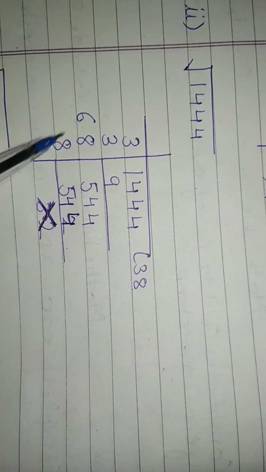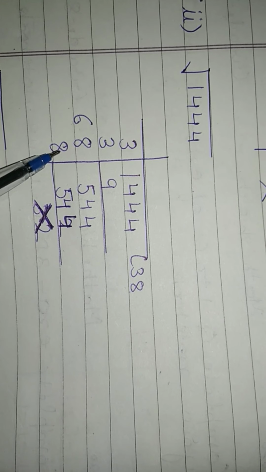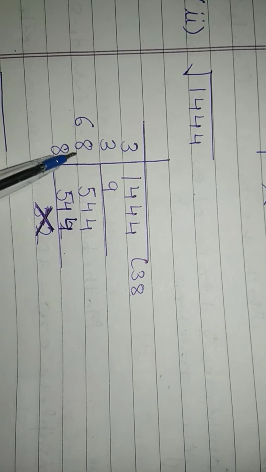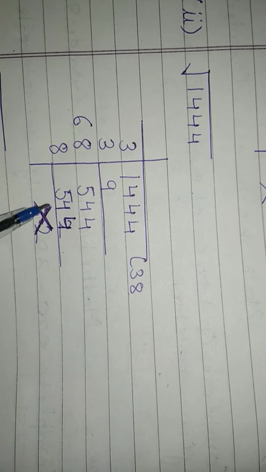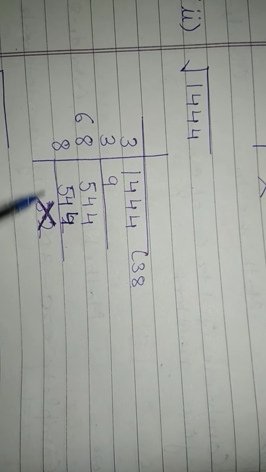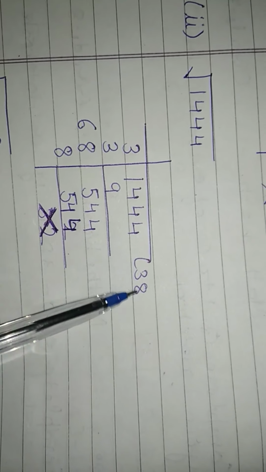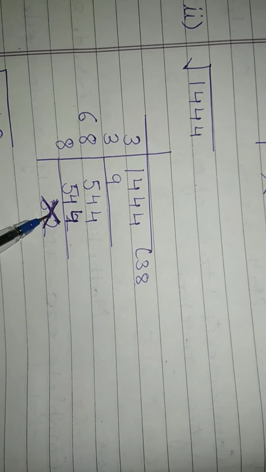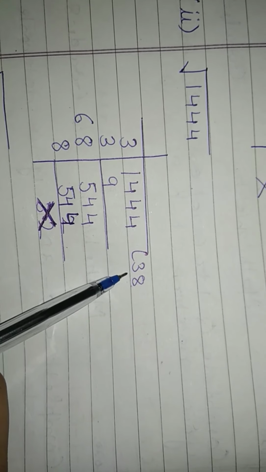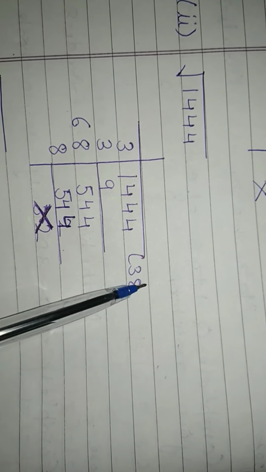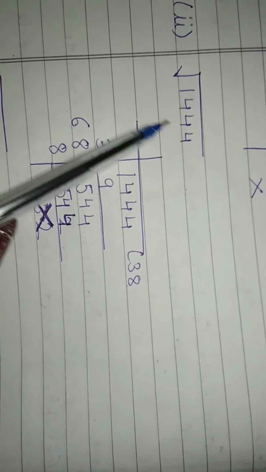Now we will multiply this number with a suitable digit such that it will give us 0 as remainder. So when we multiply 68 by 8, it will give us 0 as remainder and our quotient is 38. It means 38 multiplied 2 times will give us this number. Next is